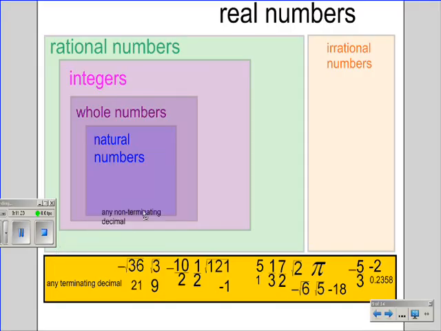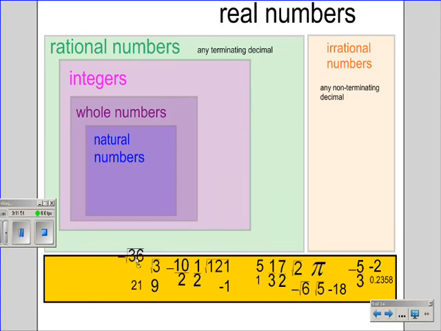that it belongs to the definition. Non-terminating means not ending. So any non-terminating decimal would be considered irrational. Terminating decimals are rational. And if I want to classify these numbers by their sets, I'm going to start with